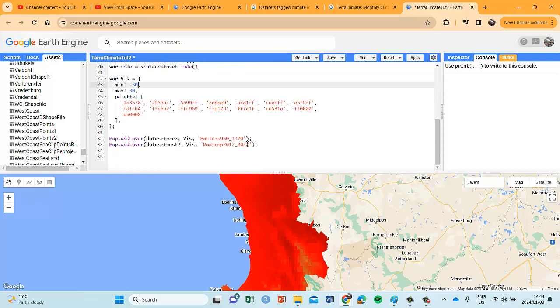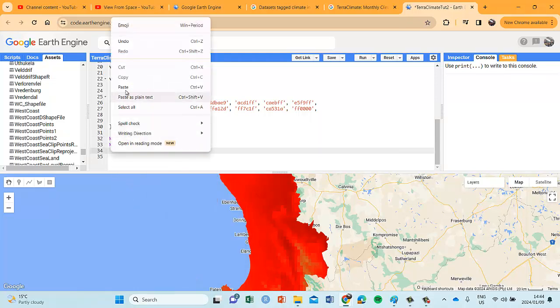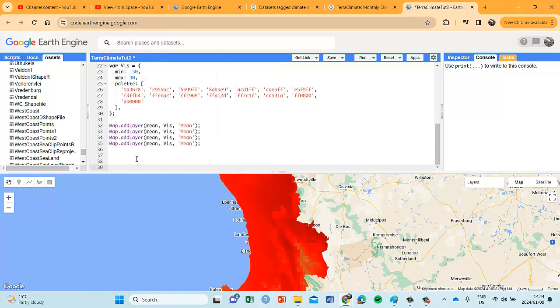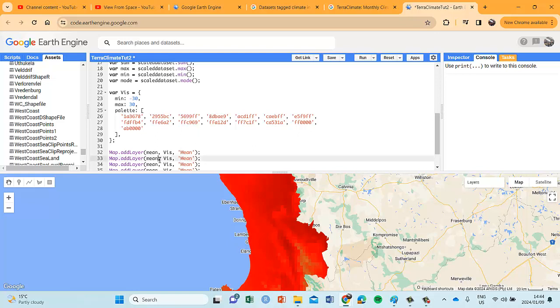Okay, so let's leave it there, and then obviously we're going to have to add all these ones to our layer. So let's do mean, mean, so that would be mean. Now you simply just copy and paste, and we're going to do median, sum, max, min, mode, I think. Let's have a look and see. Median, yeah, so let's do median,